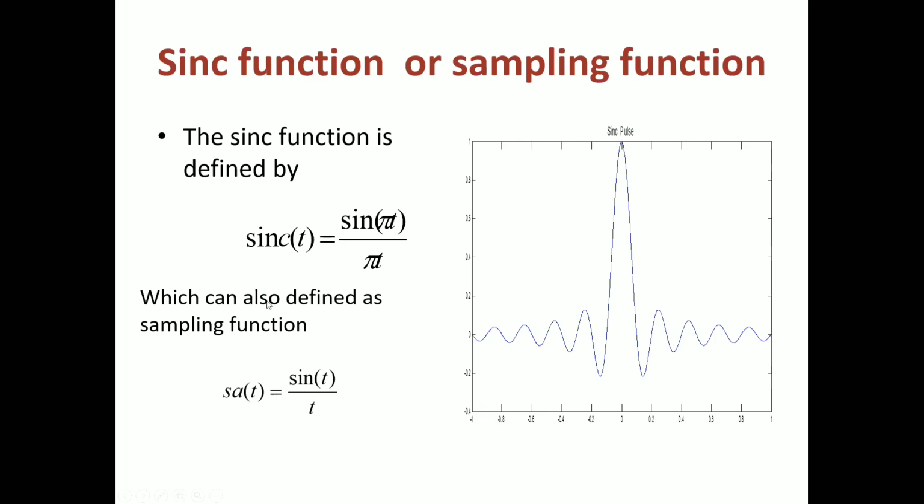It is called a sinc function because the amplitude of the sinusoidal signal is maximum at the origin and keeps on sinking as time increases. The amplitude is sinking as t goes on increasing, either in the positive direction or in the negative direction. That's why the name sinc signal or sinc function has been given.